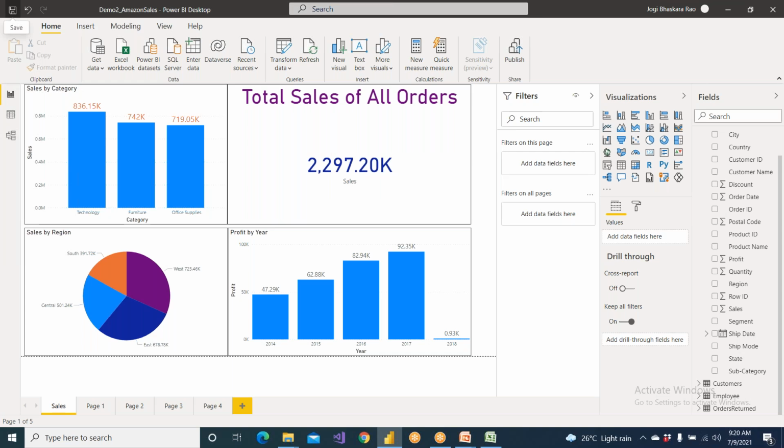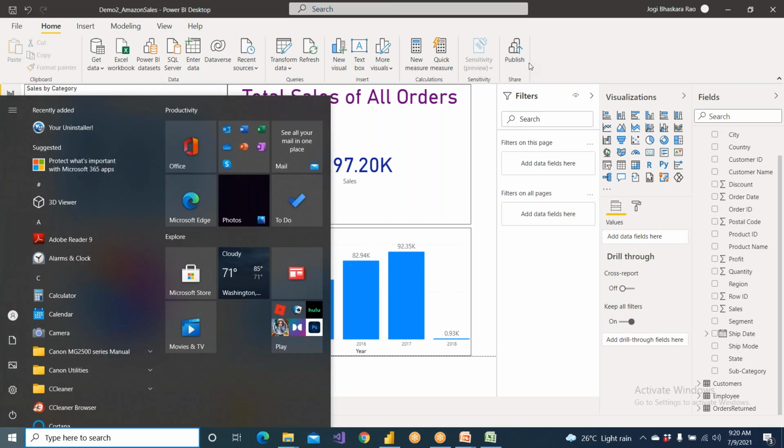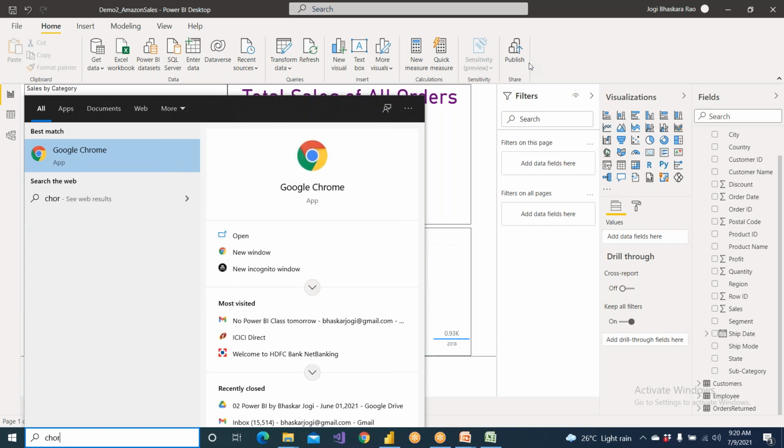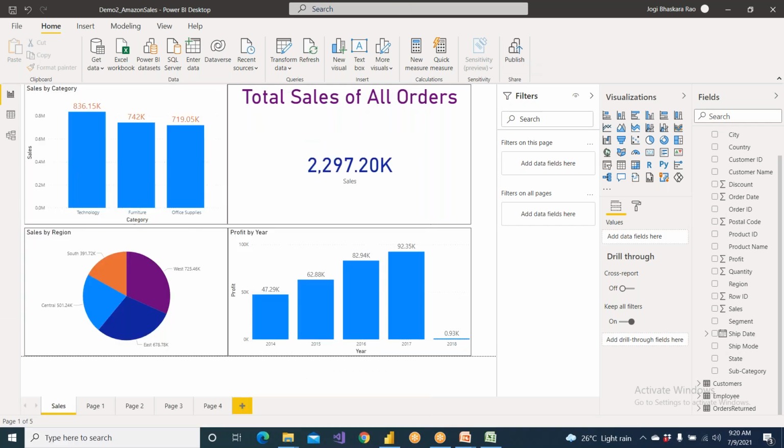Clear? So whenever you publish, you need to save this, and tomorrow we'll share all these things, and we will be putting them into our cloud servers. Clear? The report will go to the cloud server, and anybody can access this report from anywhere in this world. So what is the cloud server name? Everything we'll discuss in the next class. Clear? So we have Chrome. When you go to Chrome, you will be able to connect to the cloud server, right? The cloud server name is called,